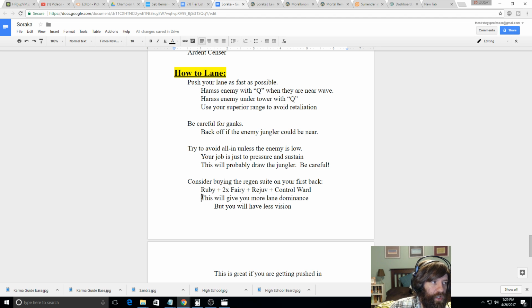So this is something I've been doing a lot more rather than just running flat Sightstone, which is good, but if you need that regeneration for lane, just to help your AD carry out a lot more, then you can just go ahead and get half of the Sightstone on your first back, get the regeneration suite, and get a Control Ward. So if you're getting pushed into lane here,